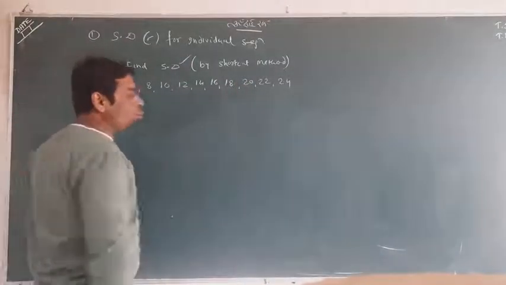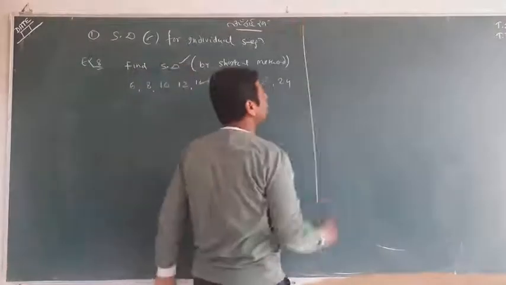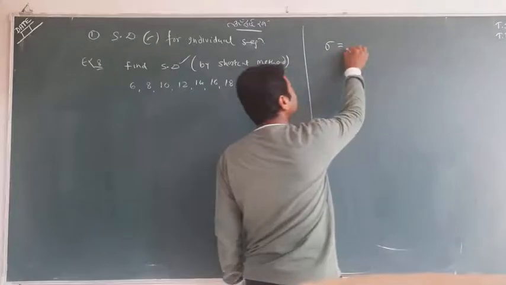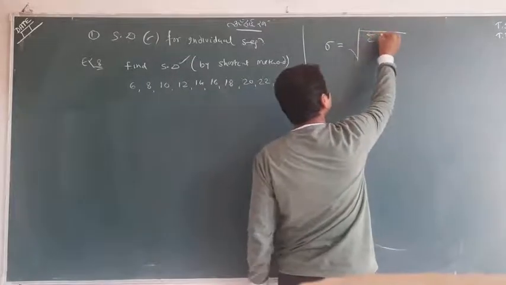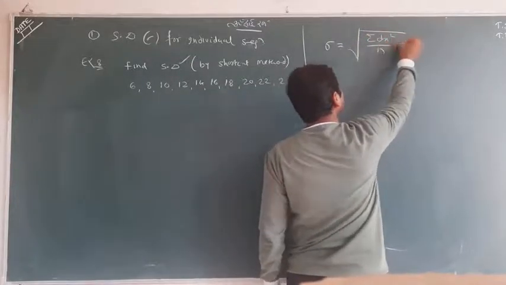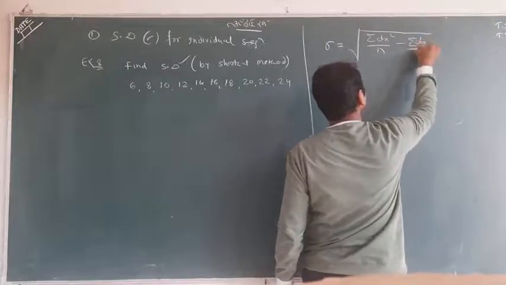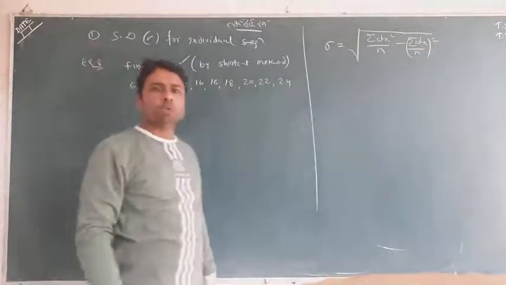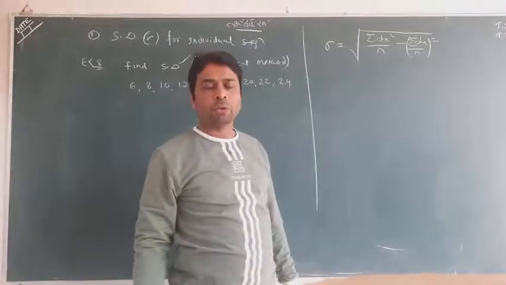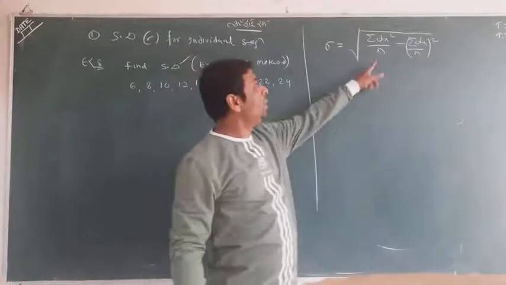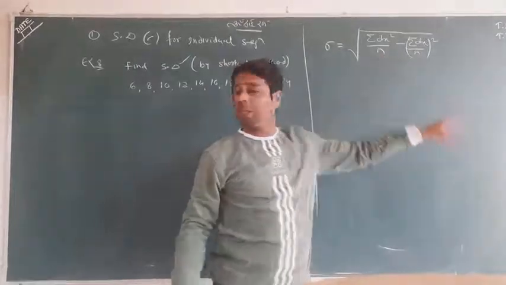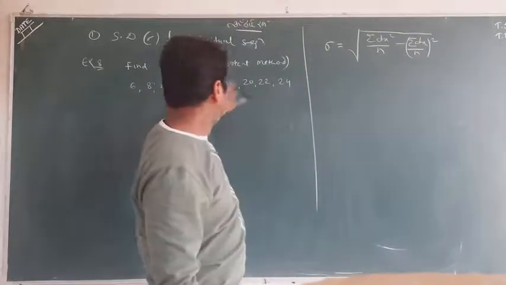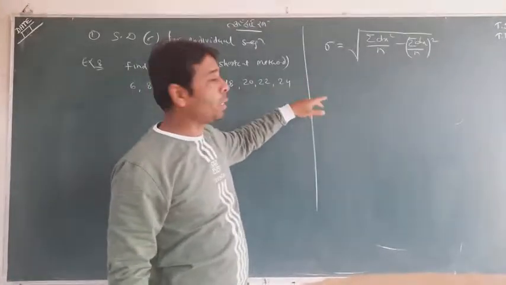So how can we go through this? Definitely we will look for the formula. Standard deviation has the symbol sigma, and this is the square root of summation dx square upon n, minus summation dx upon n, whole square. Because always the formula helps you to do the procedure. Now, what is n? It's very simple. The number of data you can count: 3, 6, 9 and 10. N equal to 10.